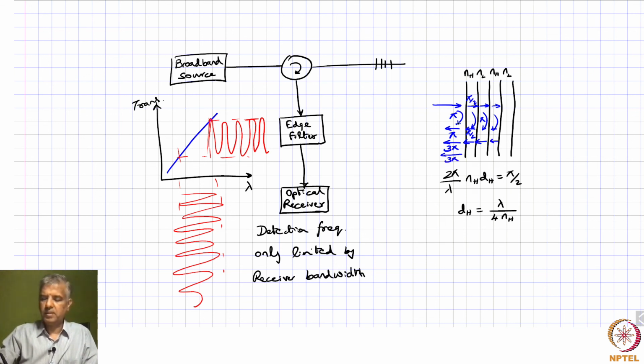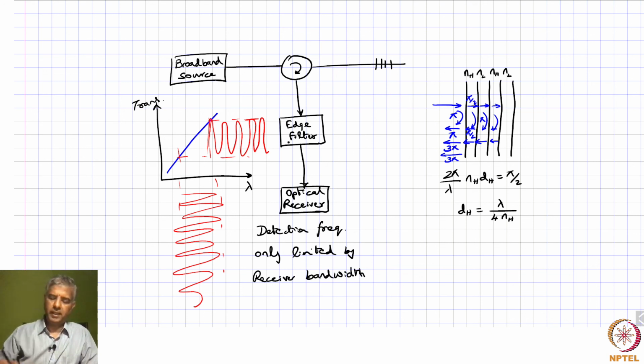So all of these are either 0 or 2 pi or integral multiples of 2 pi phase shifted. So they are all going to constructively interfere, and we know that's how we can make a dielectric mirror, wherein more number of these high low pairs you have, more will be the reflectivity that you get. Okay, so that reflectivity depends on the index contrast and the number of pairs that you have. Okay, so imagine that you're going to have